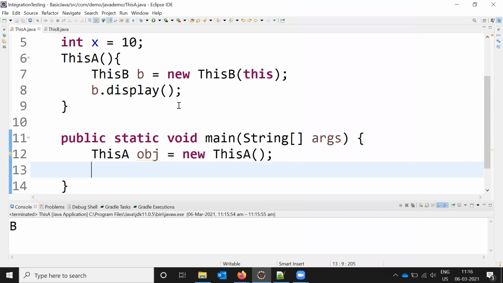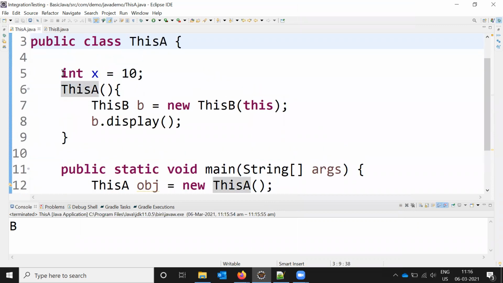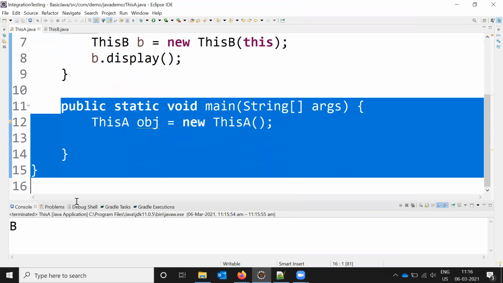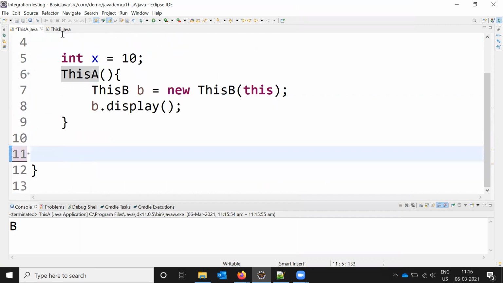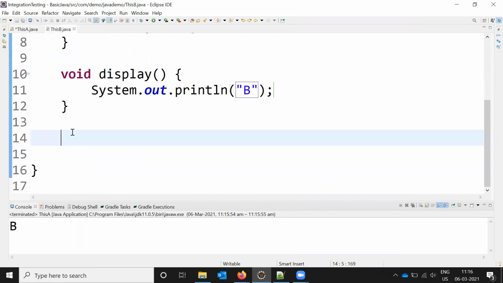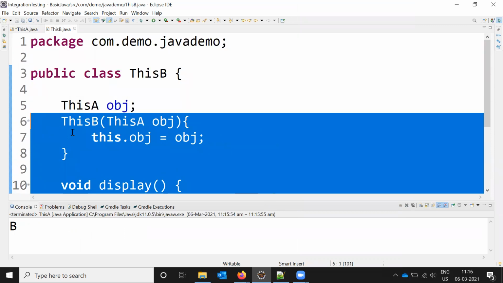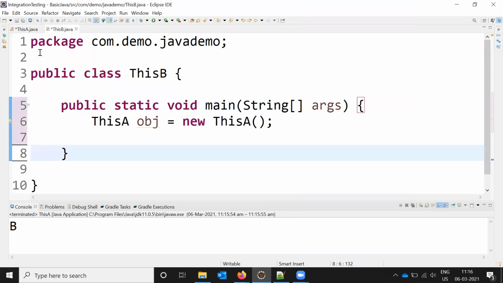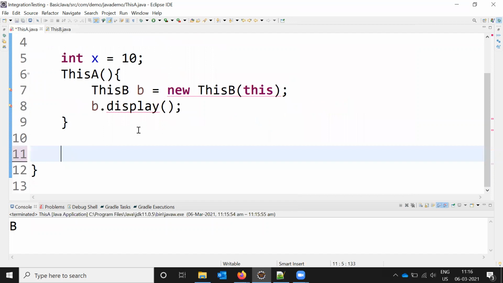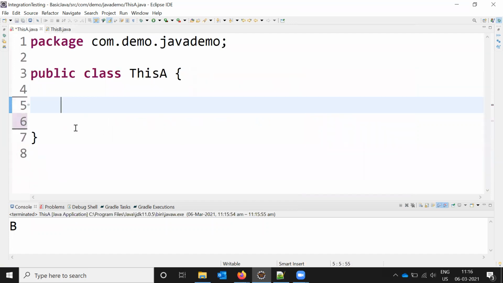And also with this keyword we can use the return type also. How can we use the return type? And here is one I'm going to use the return type.